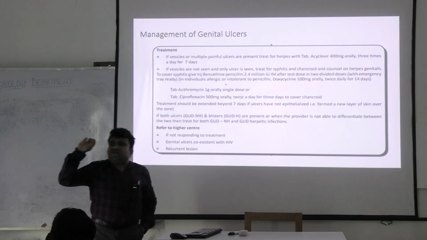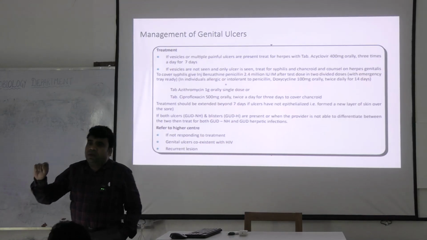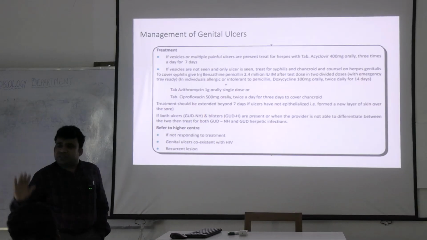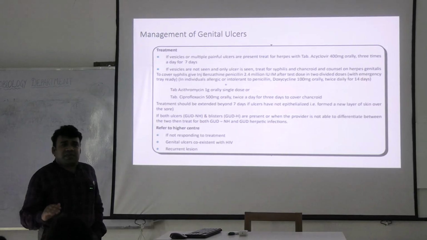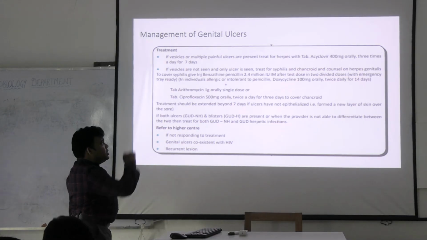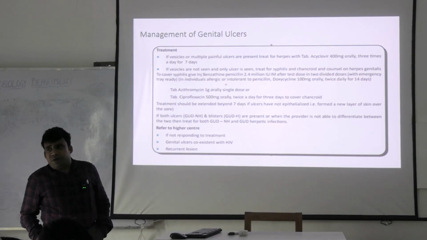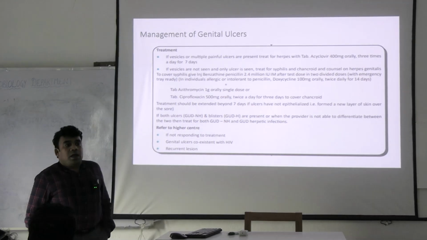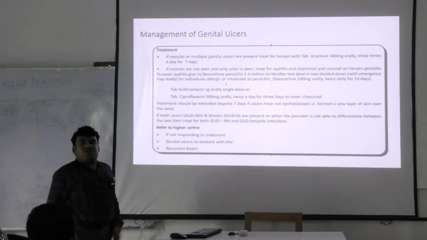If there are small vesicular ulcers, multiple, highly painful, that means it probably indicates herpes infection. If that is the case, we need to give antiviral. The antiviral agent that is given is acyclovir, 400 milligram for 7 days. If it is indicative of